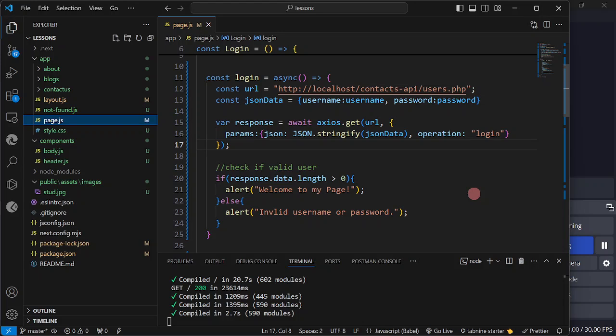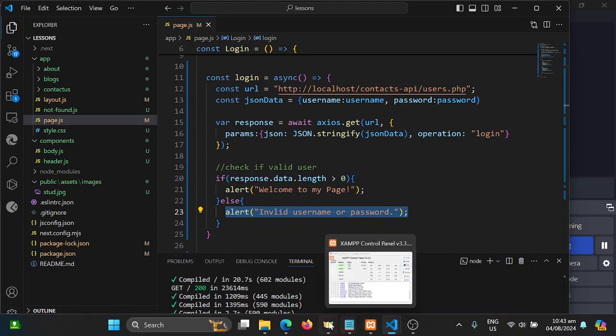Okay, so this is now part 3 of our login process, but actually this is not yet the full login, we are just going to continue with our login process. We are done with the user validation, in which, as of the previous video, we have just alerted the user with a welcome or an invalid message, depending on the result of the user validation. So what we're going to do now, if it is a valid user, is bring or redirect the user to the next page and retrieve all